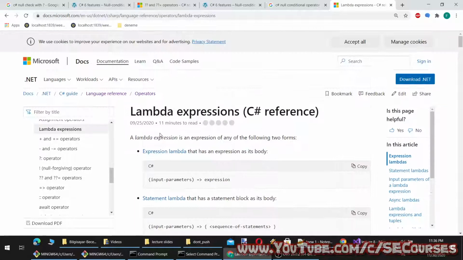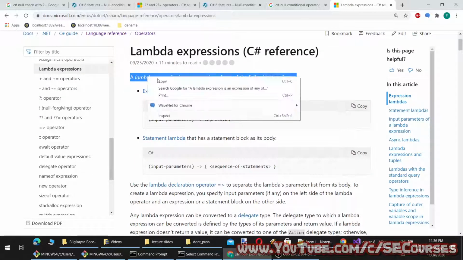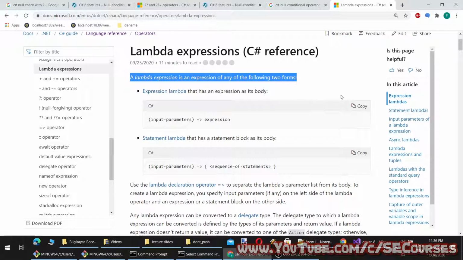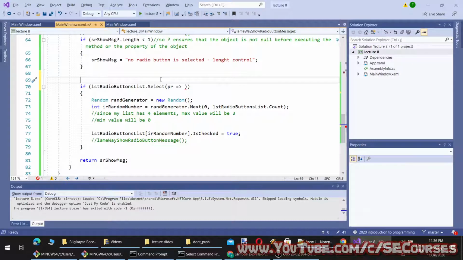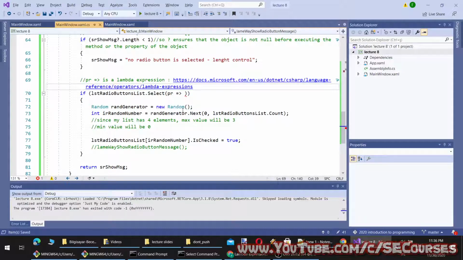Okay, let's read it actually. A lambda expression is an expression of any of the following two forms. Let me add this to our source code. Okay, let's read it.